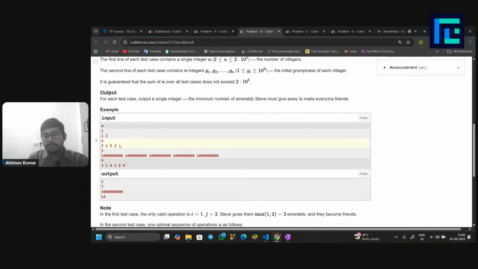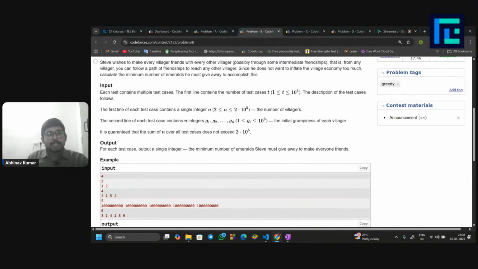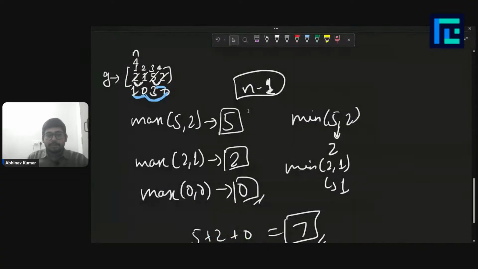Okay, so I hope the problem is clear what you need to do. Now, how do you optimally do it? The constraints are n is up till 2 into 10 power 5. So you have to do something in order of n only. Okay, now if you think